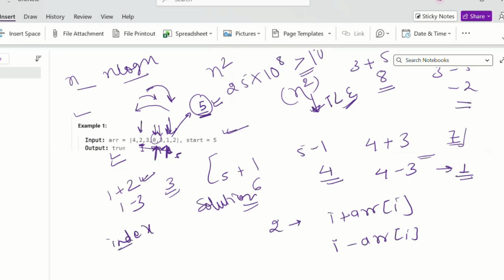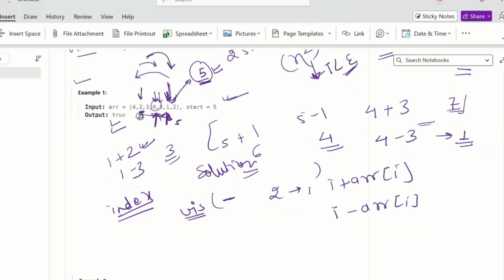What we can do is we can initialize one visited vector. Visited vector will tell us whether this index is visited or not. If it is not visited, then only we can jump to that index. And if it is visited already, we will not jump to that index. So we will be using some visited vector, and we can think of using BFS. With BFS, what we will do, with the help of a queue, we can do this.